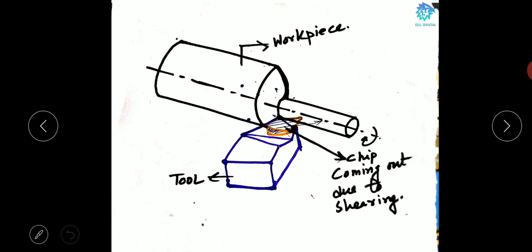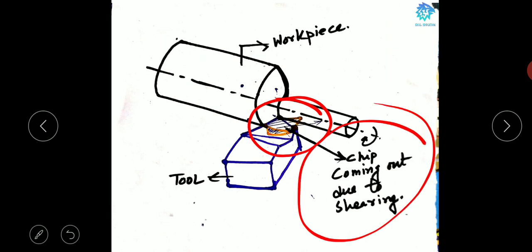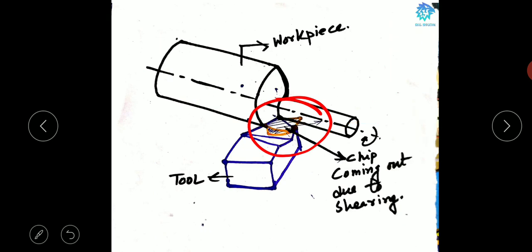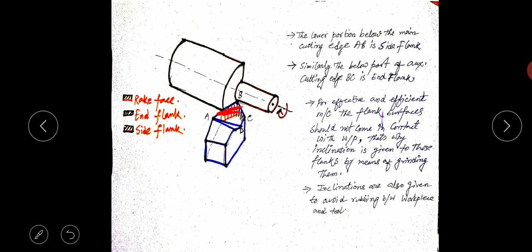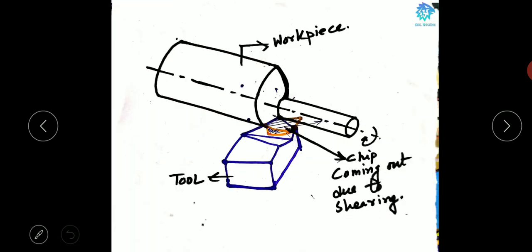In this figure you can see that this yellow part is the formation of the chip. The chip is coming out due to shearing action. I have mentioned earlier that different inclinations are given, and in the previous slide this is the rake face, the top face. When the chip comes out from the workpiece, it has a normal tendency to go in this passage, the passage between the machined surface and the end cutting edge.